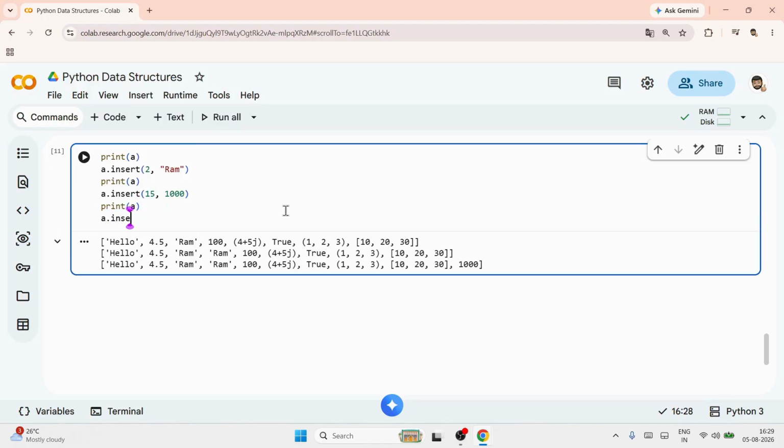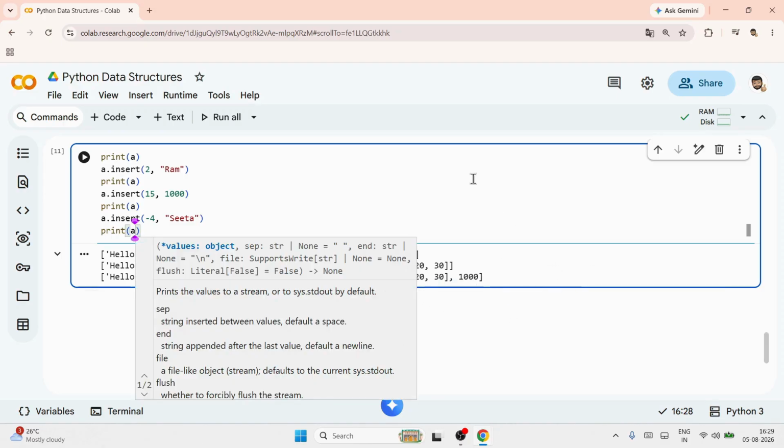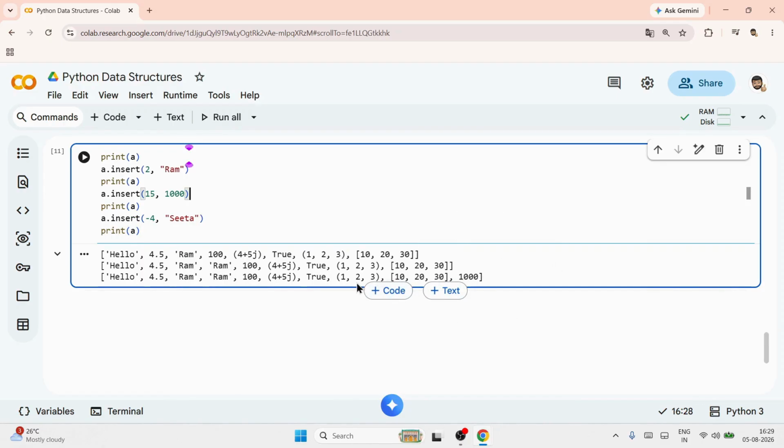इंसर्टिंग के समय नेगेटिव भी दे सकते हो, like मैंने दिया है -4 and I'm giving Sita. Okay, print a. Now this is -1, ठीक है, -1, -2, -3, -4. Who is at -4? This true. There Sita will come and that true and everything will be shifted ahead. हमने पोजीशन -4 दिया, तो -1, -2, -3, -4. तो -4 पे सीता आ जाएगा, और जो भी -4 पे था वो आगे शिफ्ट हो जाएगा।